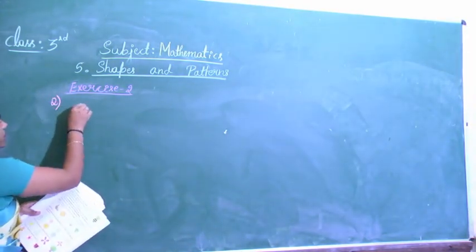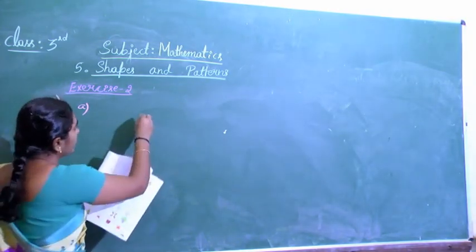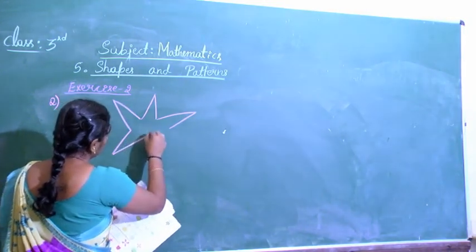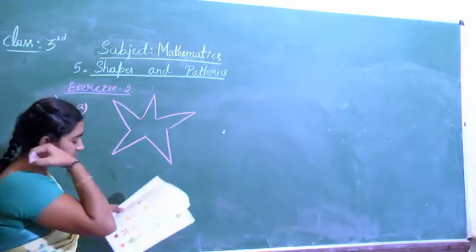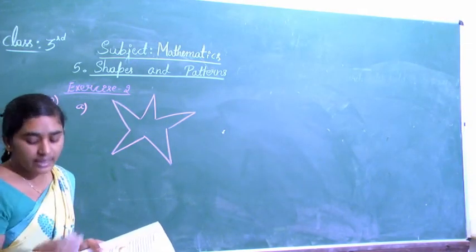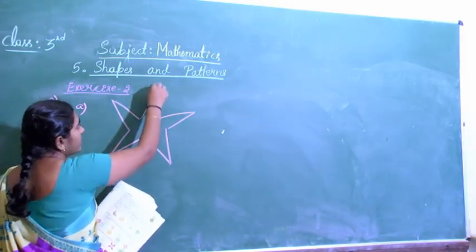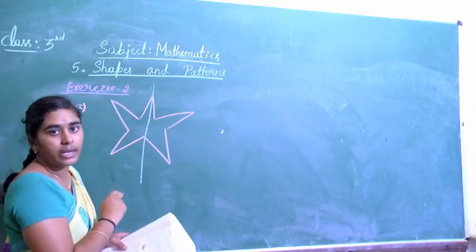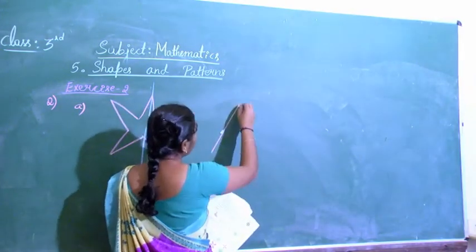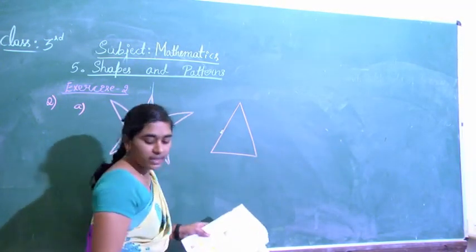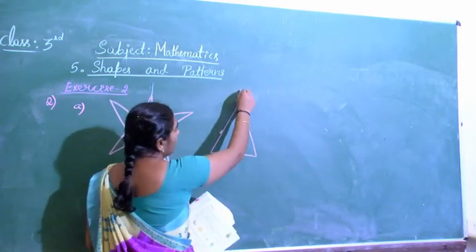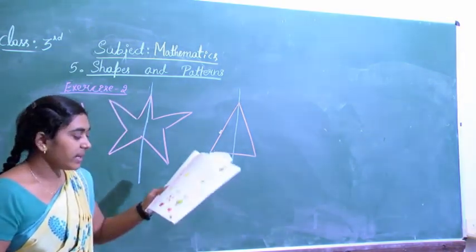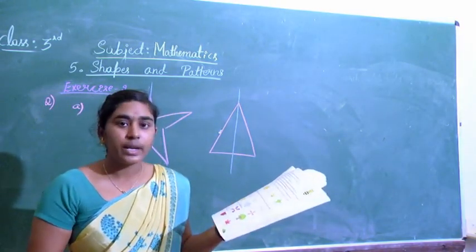So in the second one, you need to draw only one line of symmetry. First one is a star. So what is a line of symmetry? One line of symmetry which is exactly the same. It should look the same. So I will draw like this. So this side, they are equal now. Now coming to the triangle. How should I divide the triangle? Here also the standing line divides this and this the same, right? Like this, draw the same for the next 2 pictures.